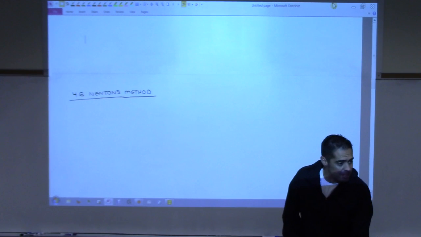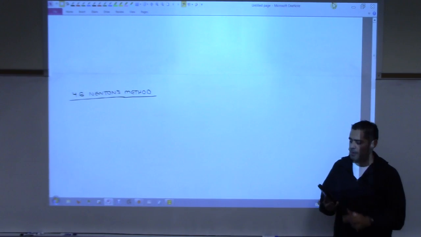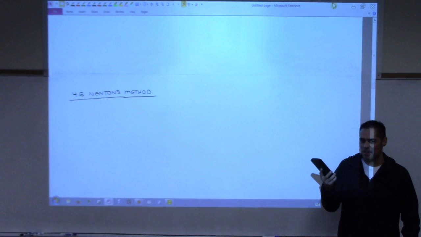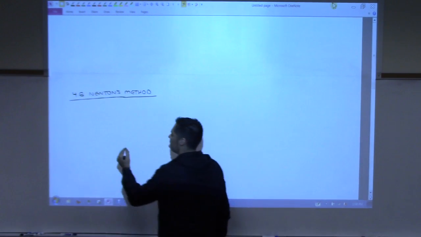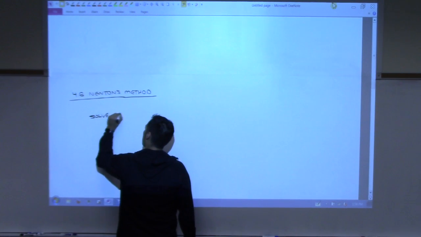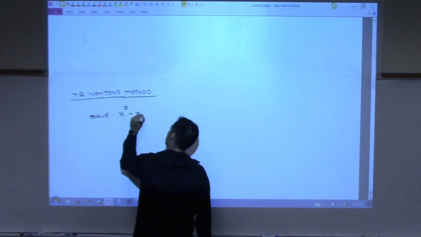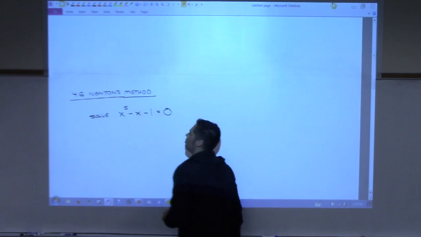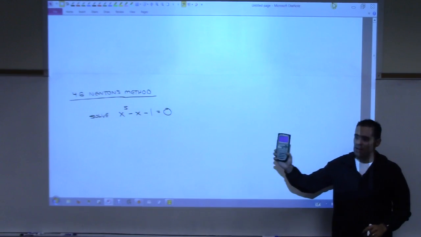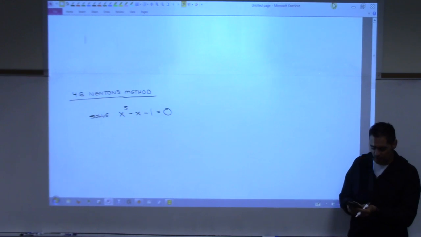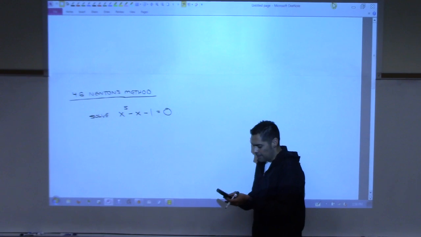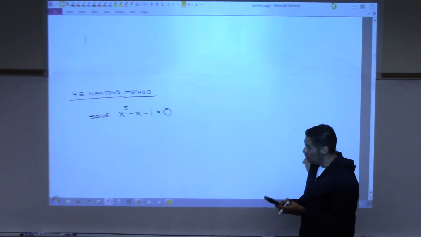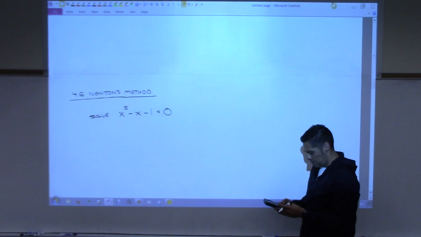Some of you have some pretty fancy calculators, and some of you know how to use them. And you can use these to solve equations. So if I give you an equation like this, solve x to the 5th minus x minus 1 equals 0, then some of you know how to do this on the calculator. I'm actually going to do it right now. I'm going to use this feature on my calculator called solve. And I type it in. And just like that,